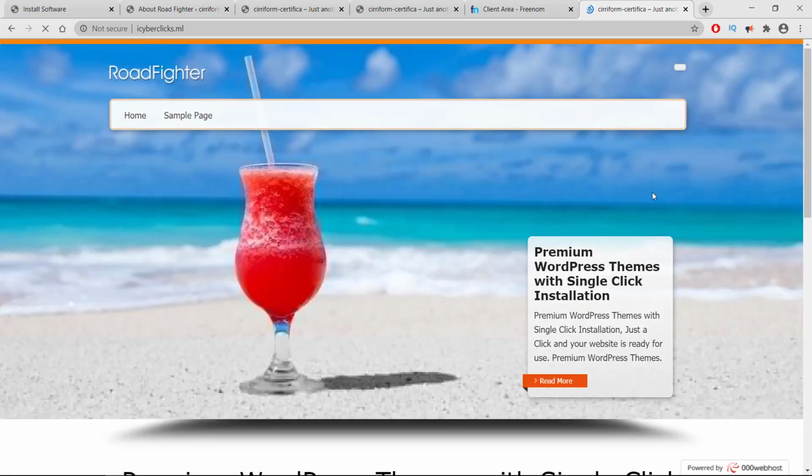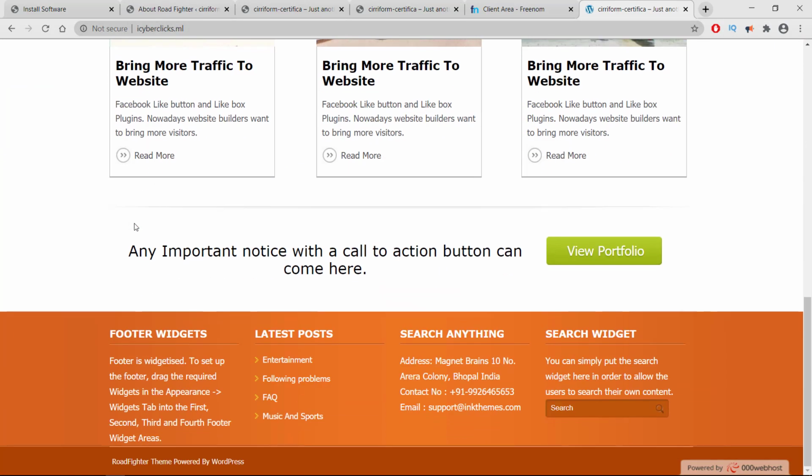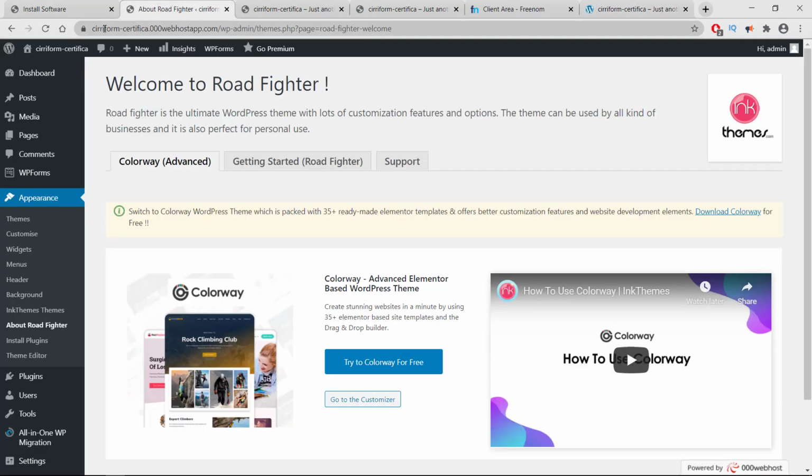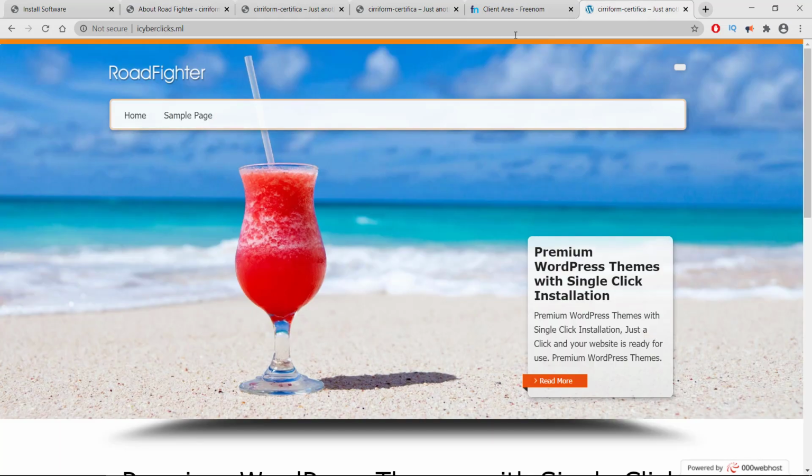Okay, my new theme is here, and as you can see the URL is very simple and short, and you are on the home page and you can start building your website from this dashboard. So do not worry about this address. Just go and start building your website on this dashboard, and your URL will be this.